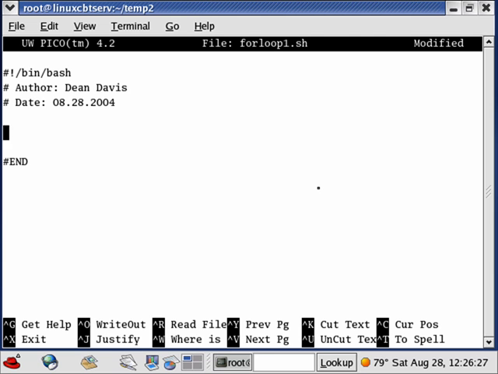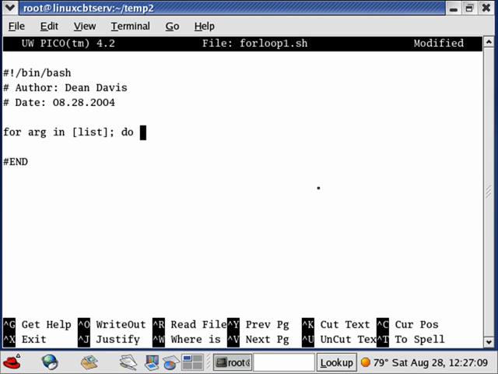Now, how do we go about writing for loops? Well, the very first loop that we're going to write is going to cycle through a list of a few countries. We'll start with 3 countries so that you understand how for loops work within a Bash environment. The default operation for a for loop is to cycle through a list and to assign each element of that list to the argument, the current argument. So the basic syntax for a for loop within the Bash environment looks as follows. For argument, now argument can be any variable that you set. So for argument in list, and we'll denote list within brackets,